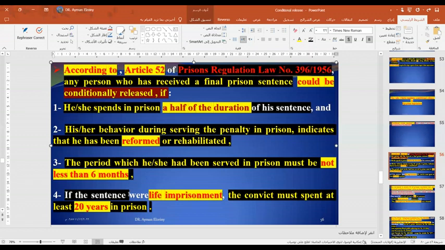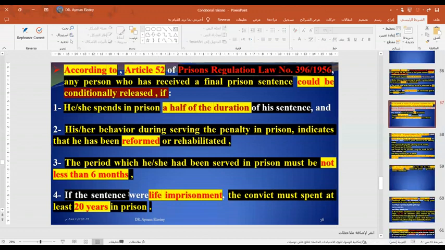طب لو كان محكوم عليه بالسجن المؤبد لازم يقضي 20 سنه على الاقل. 20 سنه ايه؟ سجن مؤبد مش المشدد. يقضي 20 سنه على الاقل. طيب